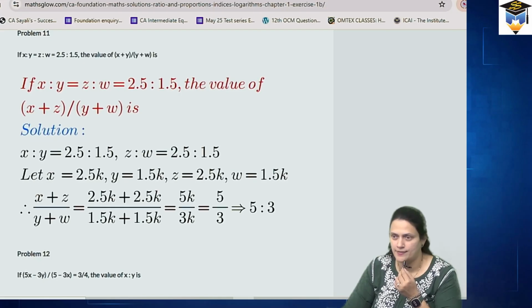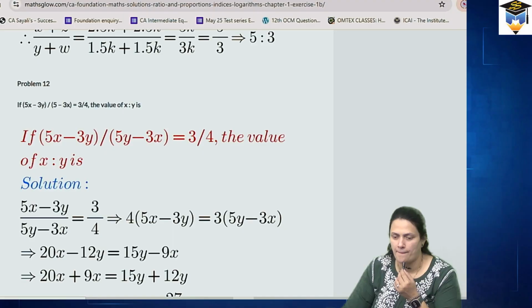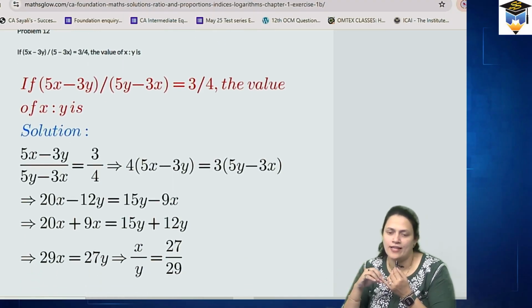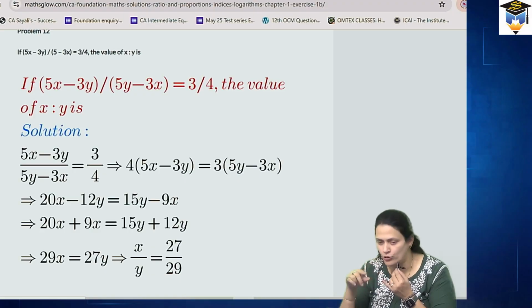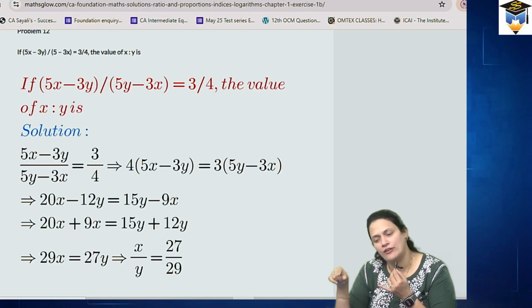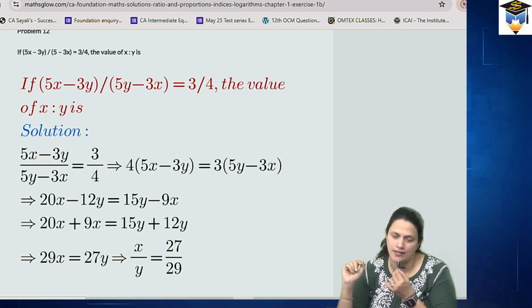Shall we move to the next? 12th sum. 5x minus 3y upon 5y minus 3x is given to us as 3 by 4. You have to calculate the value of x is to y. So you have to cross multiply to get the ratio. So 4 into 5x minus 3y, that is 20x minus 12y, that is equal to 3 into 5y is 15y, and 3 into minus 3x is minus 9x. So take x values on left hand side, y values on right hand side. So 29x is equal to 27y, that is x upon y is equal to 27 upon 29. Option